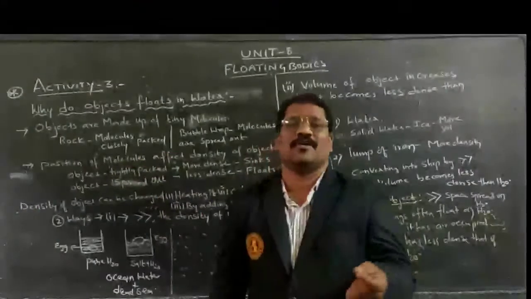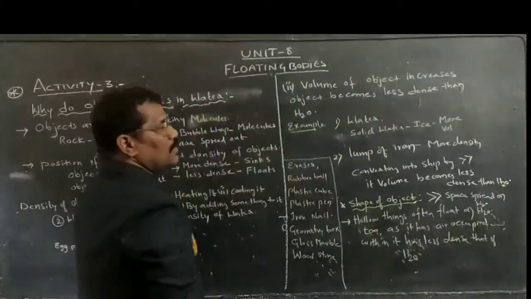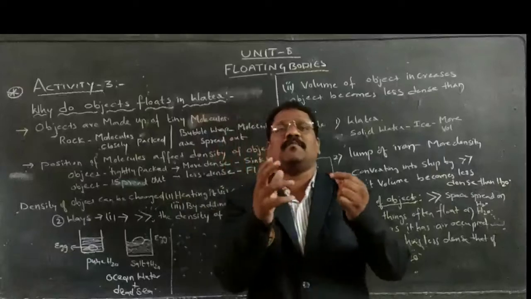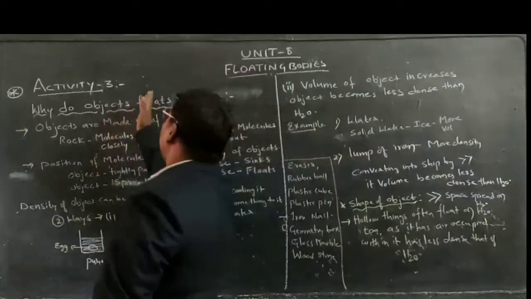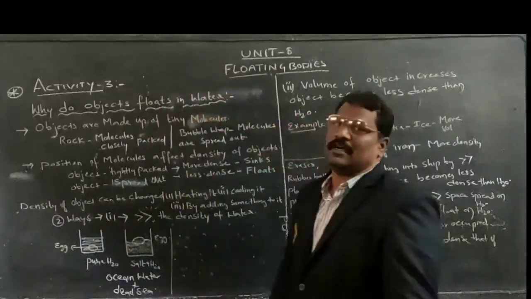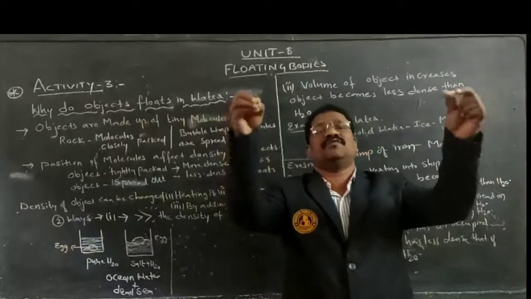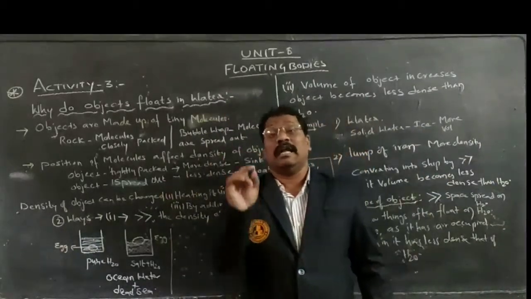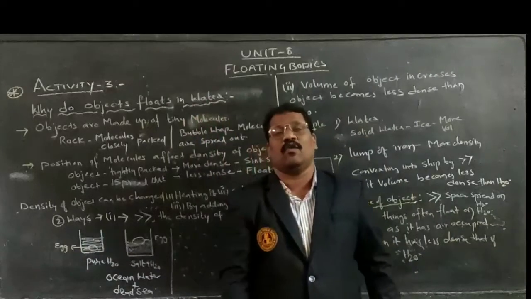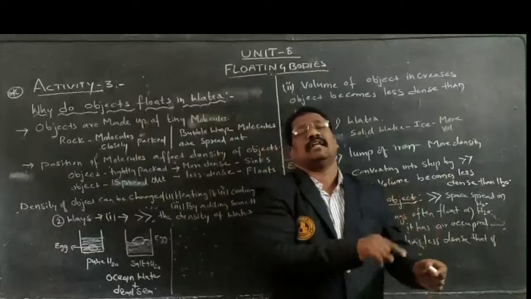Within this class, we are going to discuss activity 3. What information does this activity 3 give? It gives information about why objects float in water. In water, what happens? Some objects will float, some objects will sink. Why? Which factor is playing a role there? The density of an object is playing a role when we compare it with water, that is, relative density is playing